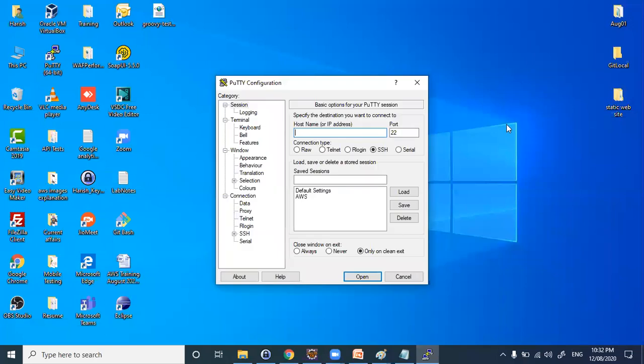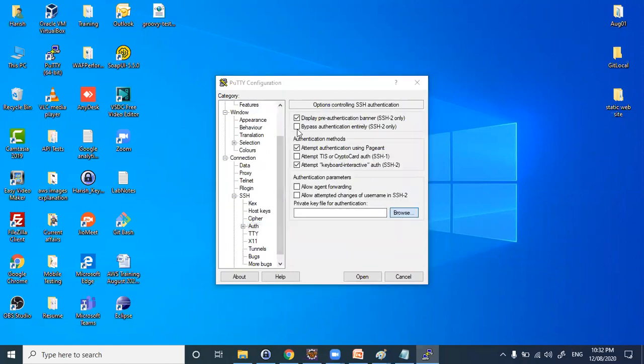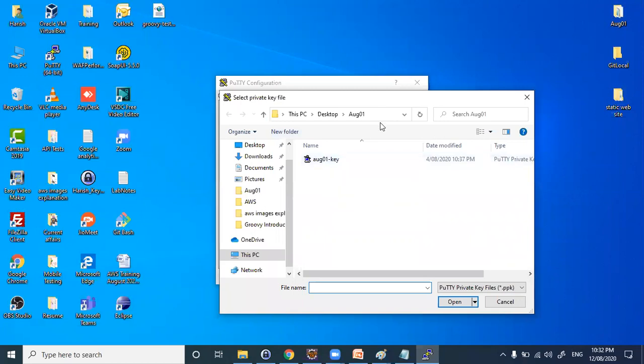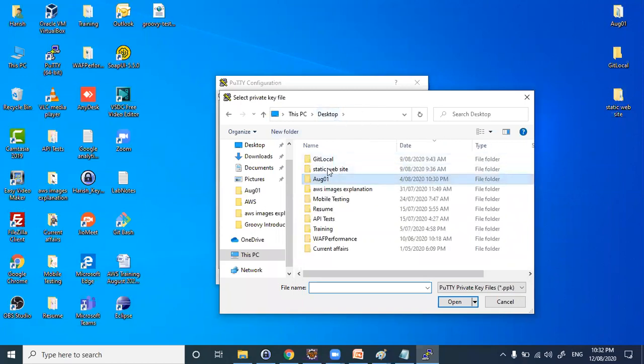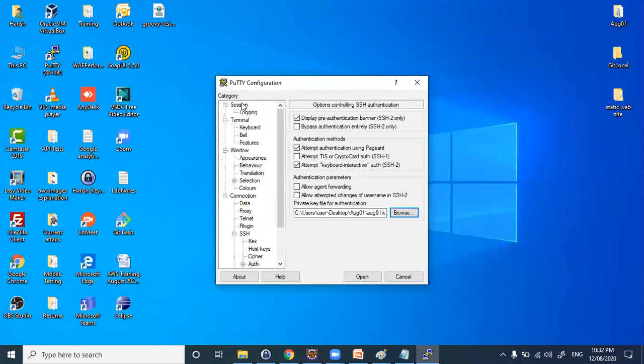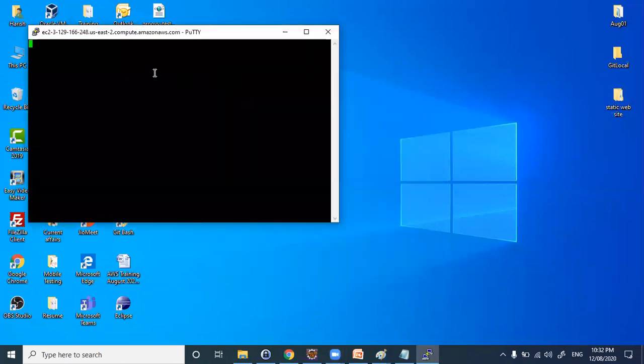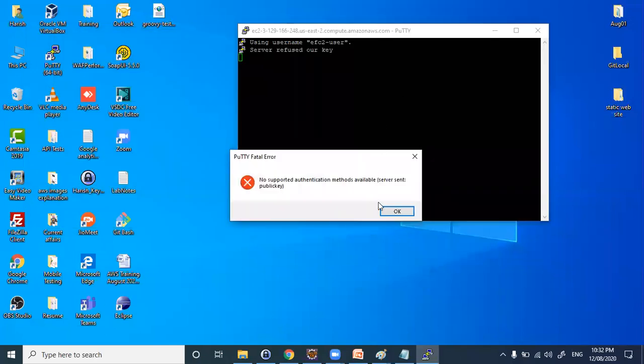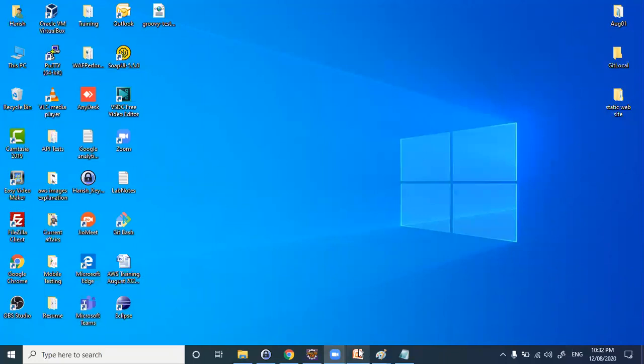PuTTY. And I guess we selected the August key only, right?